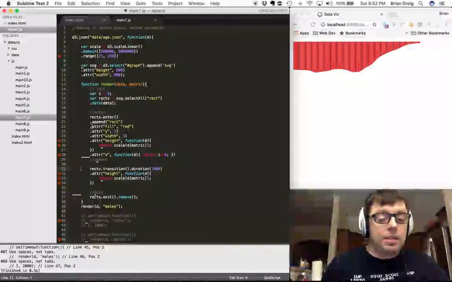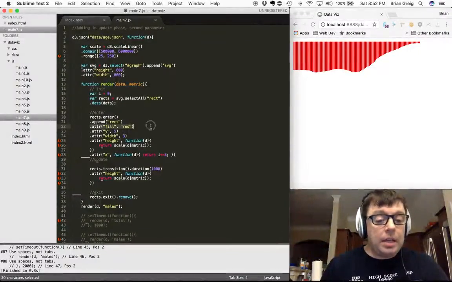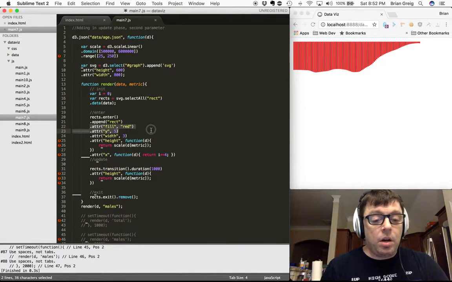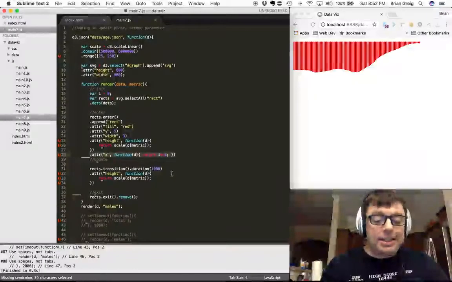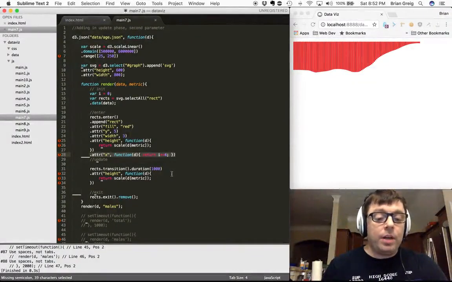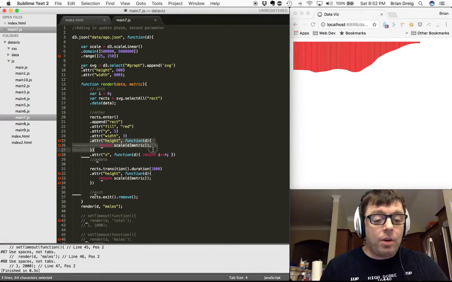So things like the fill color, and in this case the Y attributes, the width, as well as the X attribute, are not actually changing every time you re-render this graph. The height, however, we are changing because we're passing a different metric, and those metrics are going to have different